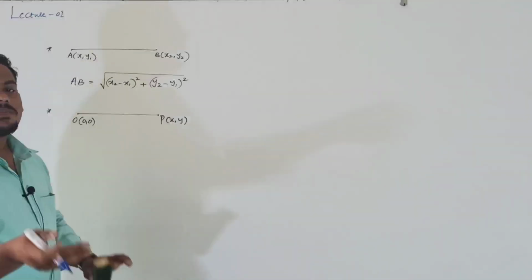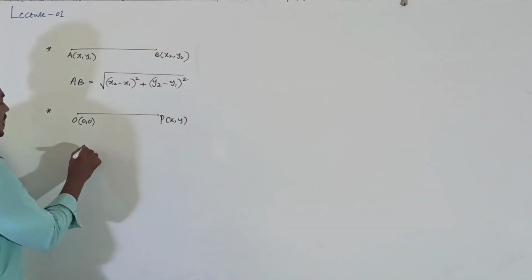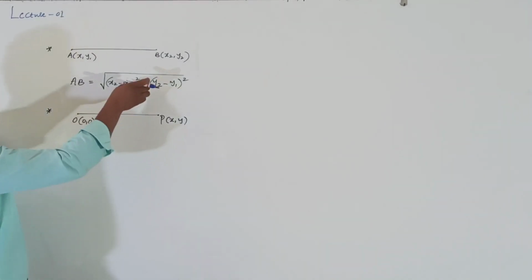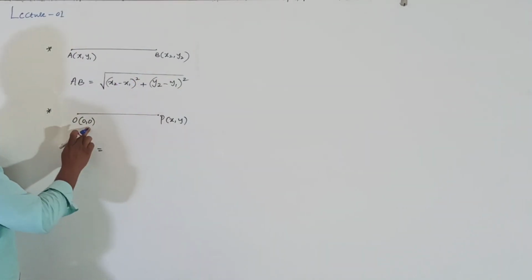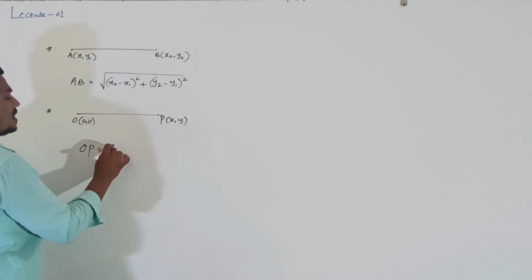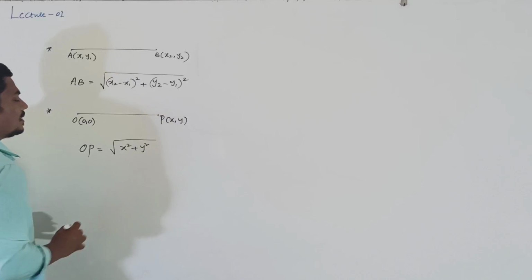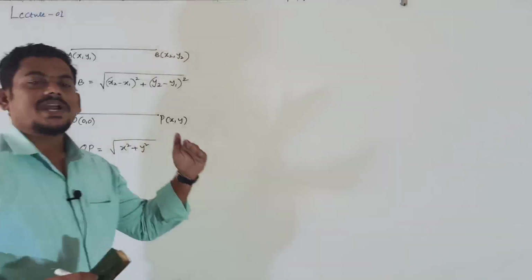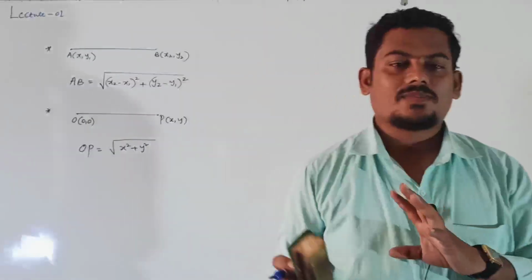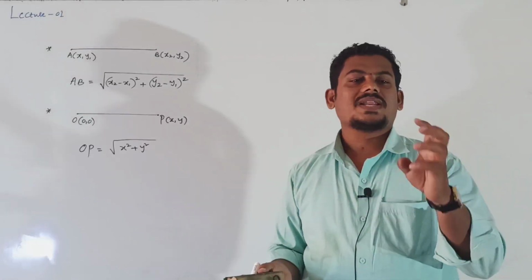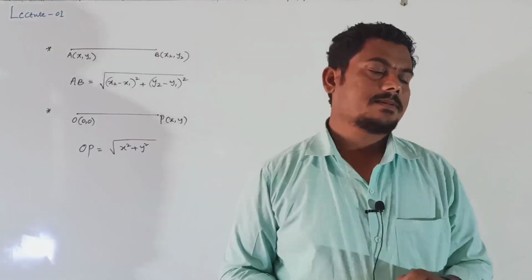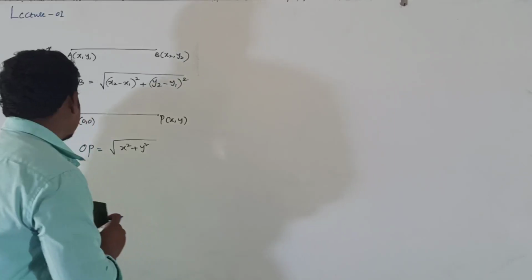Distance of the point from the origin is equal to OP distance, or else you can use this formula only. In this case it is x1 y1 and it is x2 y2. Lastly you get square root of x square plus y square. Distance between origin and one of the points, right? Next,